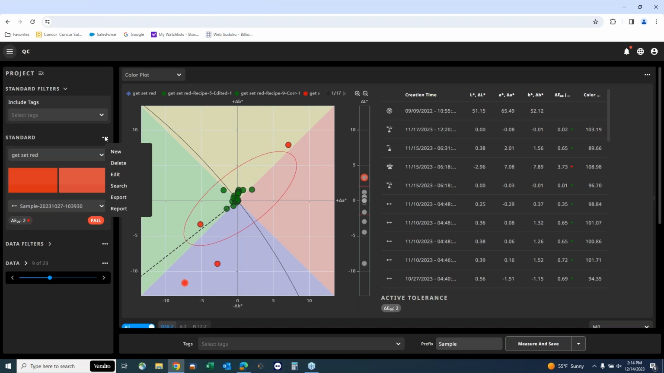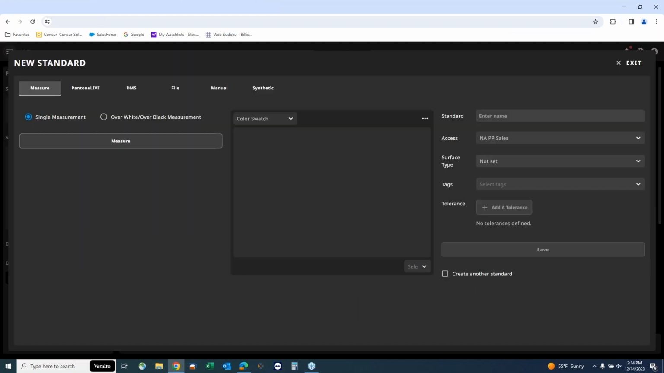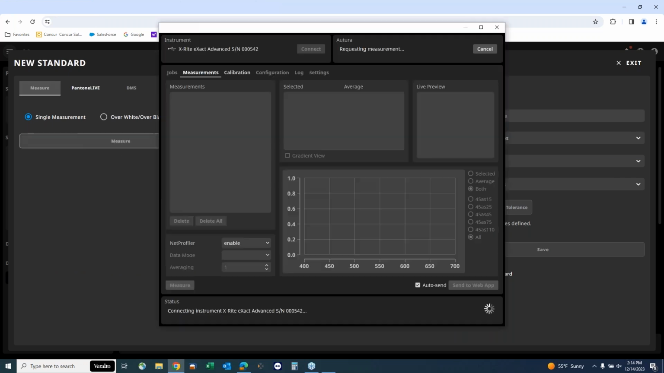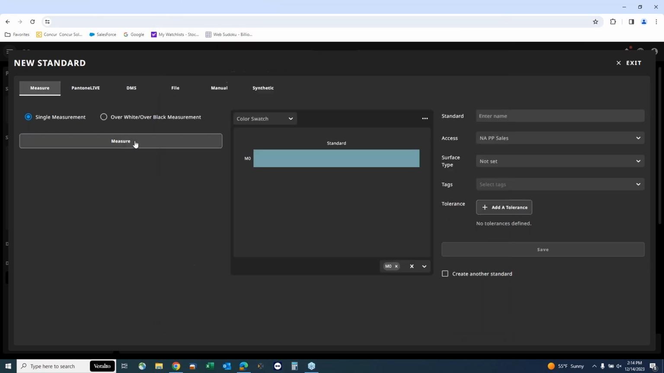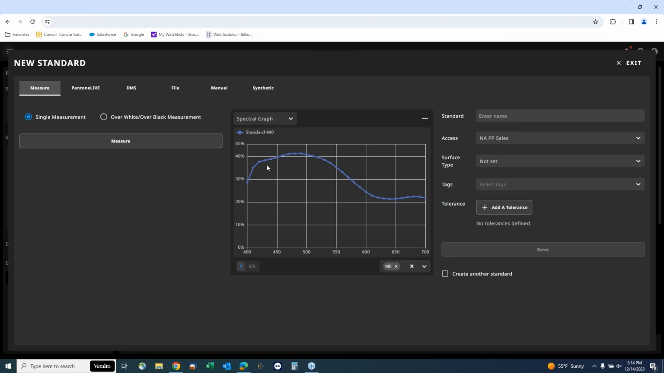Now, color management tools also give us the facility, of course, to create new standards. We can measure them, we can import them via files, we can manually input them, and so forth. In this instance, I'm going to go ahead and measure a sample with the device. So we have just taken a measurement of a device. There's an indication of what kind of color it is. We could look at the spectral curves, and then we'll name it blue-green standard,